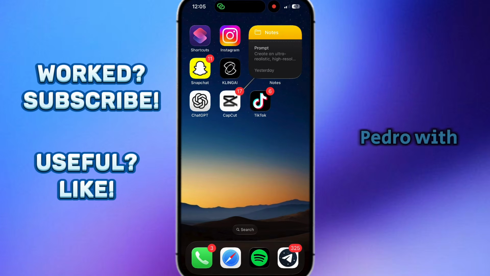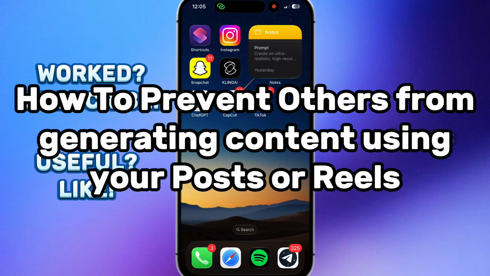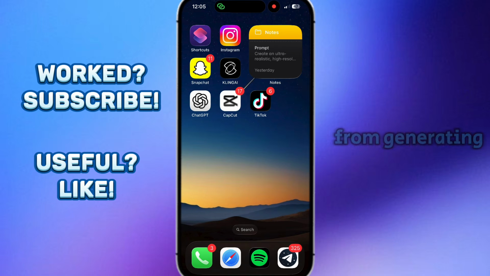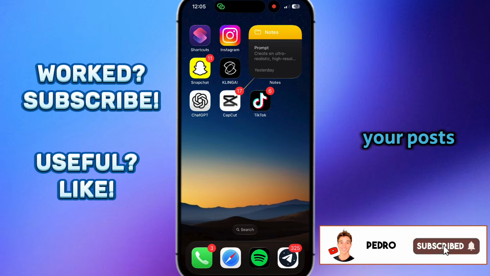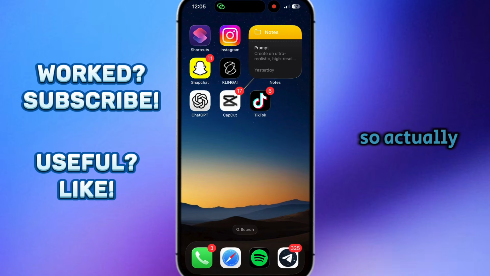Hello everyone, Pedro with you, and in this video I'm going to show you how to prevent other users and Meta's AI features from generating content using your posts or reels on Instagram. So actually it's very quick and easy. I'll show you how to do that, but you'll need to watch this video till the end so you won't